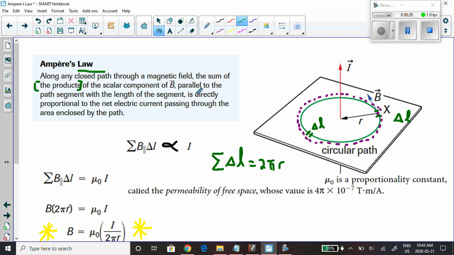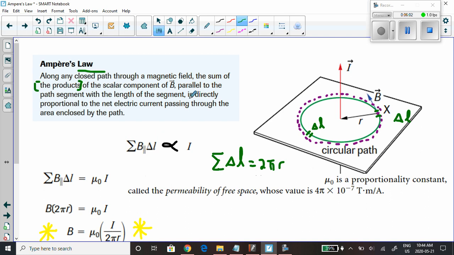He figured out that when you add up all these products, so what you would do is magnetic field here times delta L, magnetic field here times delta L, magnetic field here times delta L, magnetic field here times delta L. You'd go all the way around the circle. And you do all these products, all these multiplyings, and then Ampere says, add them all up. And what he discovered is when you do the adding up, the summing of all of these products, look what